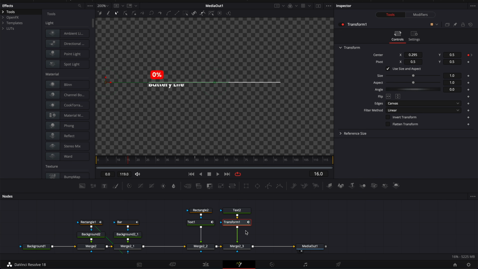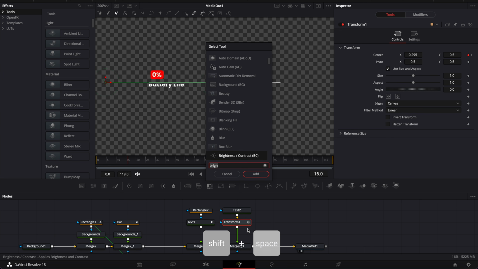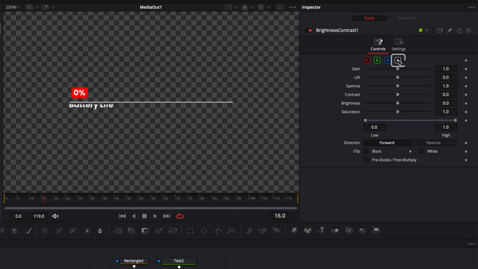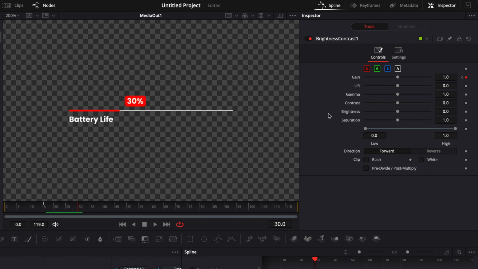Then I'm gonna select my transform, hit shift space on my keyboard again, search for brightness node, and bring that in. I'm gonna activate the alpha channel of that brightness and contrast node. Here, drop the gain at 0 and put a keyframe on that, and go to frame 30 and increase the gain back to 1. Now we're gonna smooth out all those animations by going to the spline,